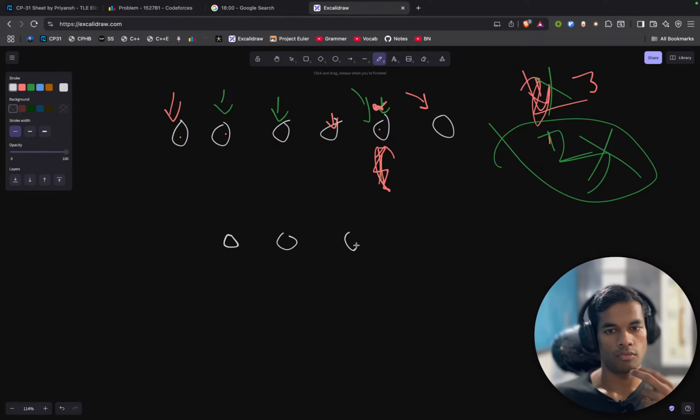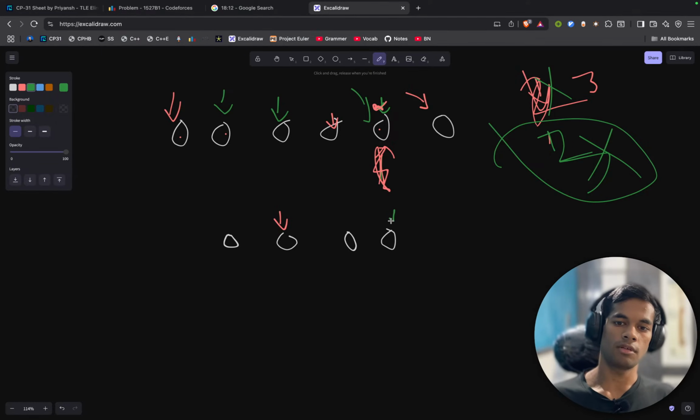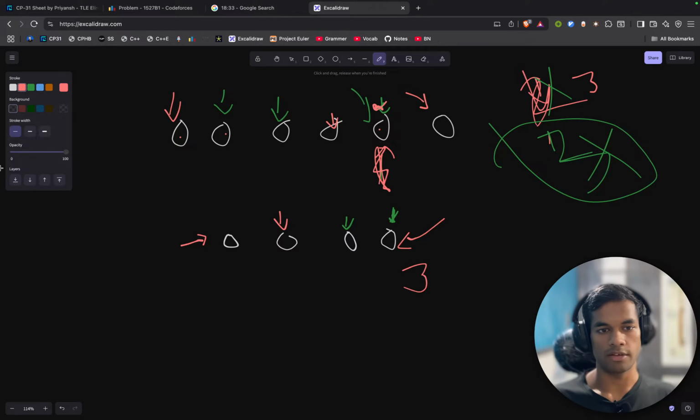Let's go with 4, and Alice chooses this. Then Bob could either reverse or choose one number, and let's say if he chooses this, it would be bad because this would not be a palindrome. So he chooses this. Now this is a palindrome and Alice cannot reverse it. So Alice has to choose something, and now it is not a palindrome. Bob can reverse it, and Alice chooses this. So the price that Alice paid was 3, and the price that Bob paid was 1, and Bob clearly won because he paid less. So that is cool. When this is 4,